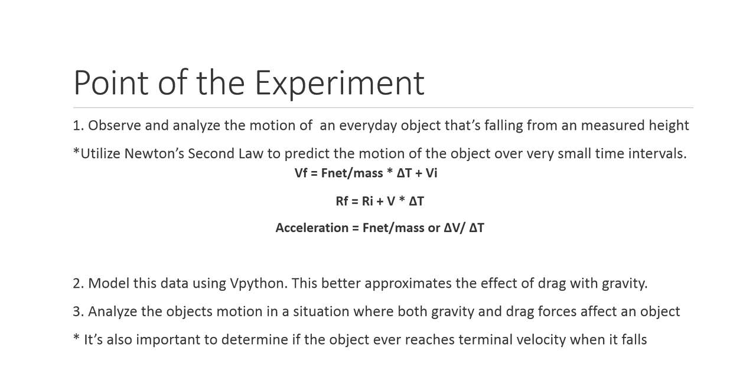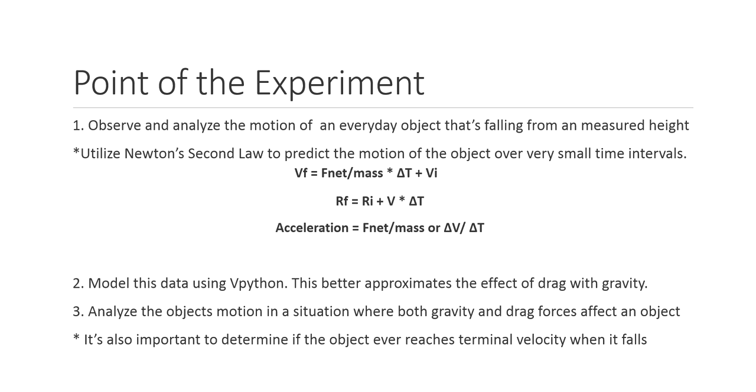From that formula, we can actually derive the formula for position, which is the final position is equal to the initial position plus the velocity times delta t, or change in time. We can do this because we know that acceleration is actually equal to the net force divided by the mass, or delta v over delta t, because acceleration is the result of a force acting on an object. And it is also inversely proportional to mass, which, as you'll see later on, is actually a very important